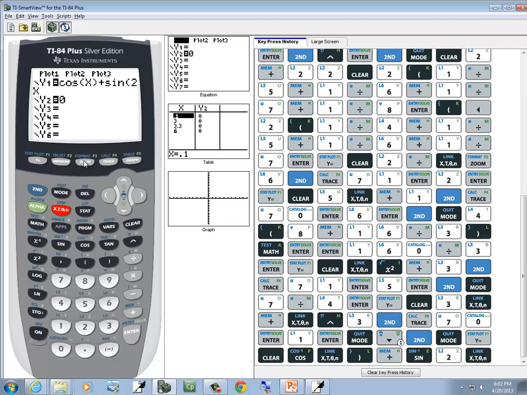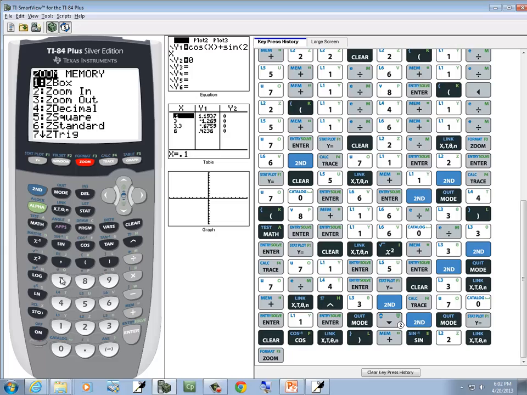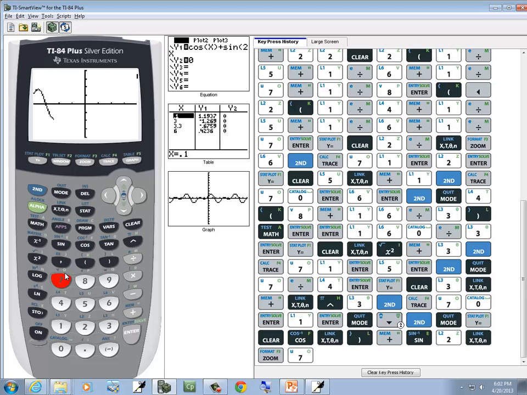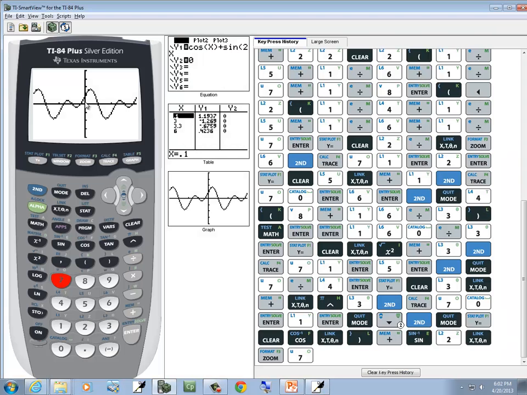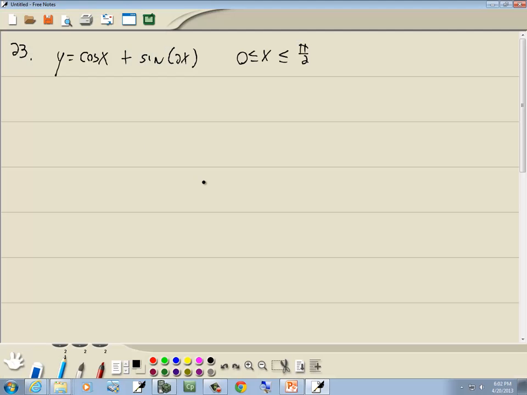Now I'm going to choose zoom, and I'll choose number 7 for Z trig. Now you set it back to zoom 6 for Z standard once you're done. Now this goes from negative 2 pi to 2 pi, so from 0 to pi over 2, you see it's above the x-axis. That's all we needed to verify. Which means, to work this problem, to find the area,